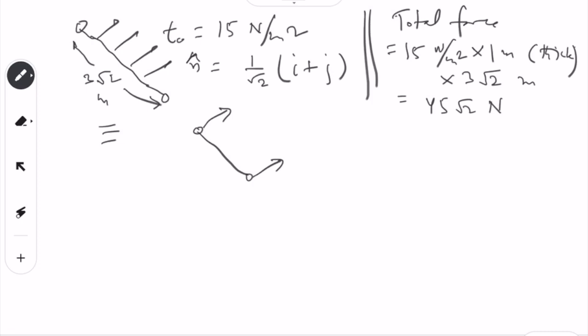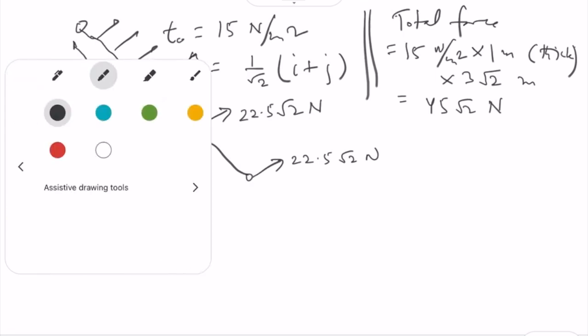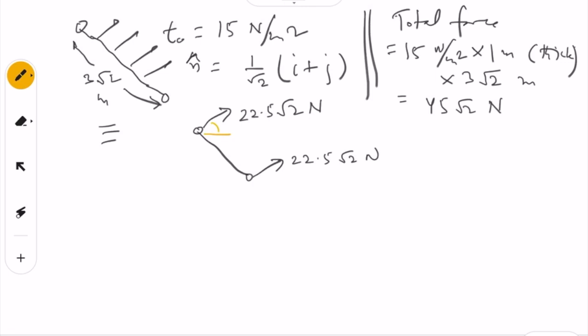Here it will be 45 divided by 2, just 22.5 root 2 Newton in this direction, and 22.5 root 2 in this direction, and we know the angle is 45 degrees. Because this is 3 and this is also 3, we have this at 45